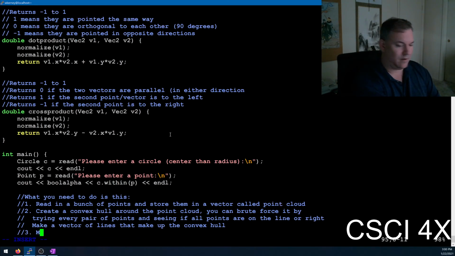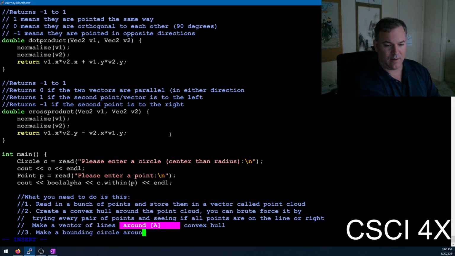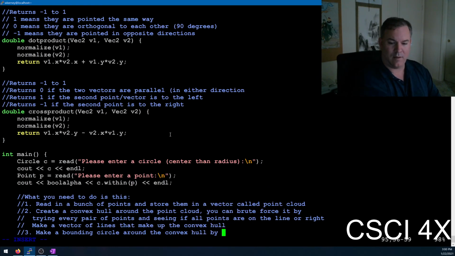Step 3, make a bounding circle around the convex hull by finding the 2 points in the